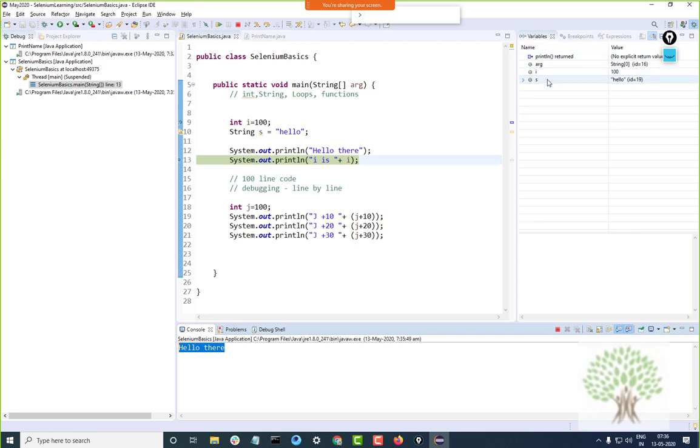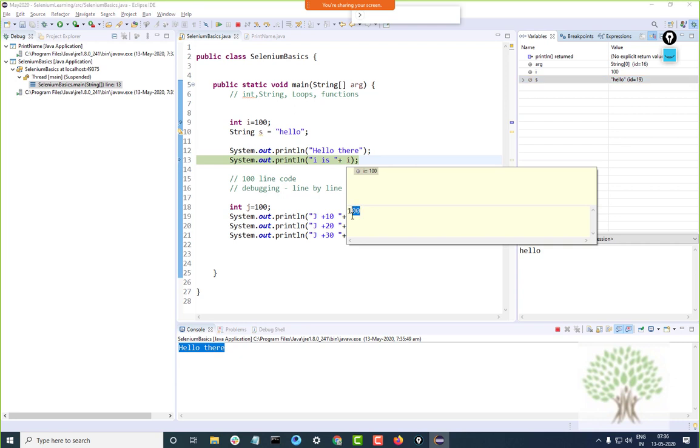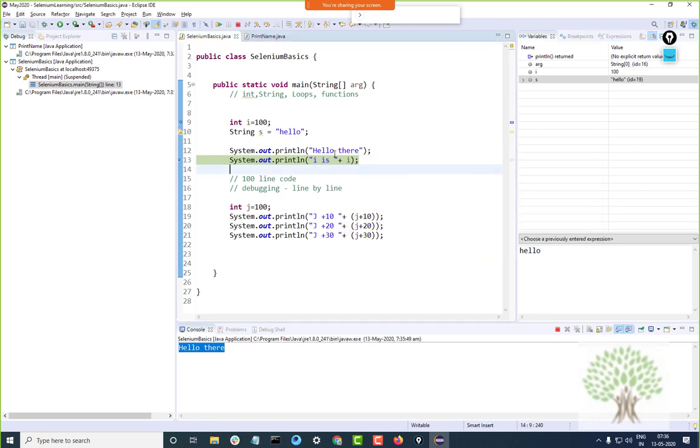Over here you will see all the variables in your program, for example i, the value for which is 100, and s, the value for which is hello. If I move the mouse over the variable i, you will also see the runtime value. So debugging can help you look at the runtime values of the variables.